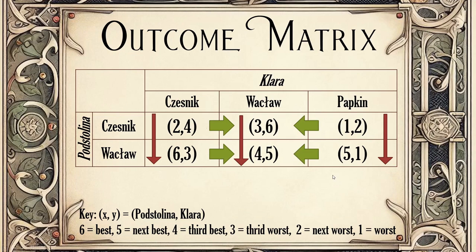So at the end, we can tell that the outcome of the game, the dominant strategy for both women, is to choose Wacław. This result is consistent with the plot of the book. Podstolina agrees to Rejent's request to marry his son, and then Klara, as a part of Cześnik's revenge plan, is